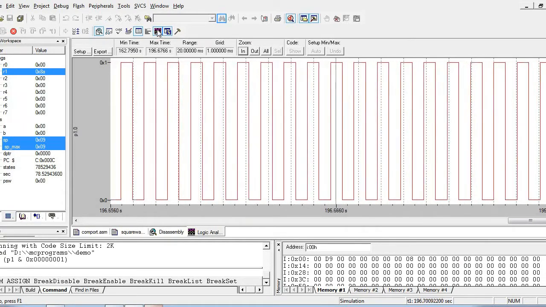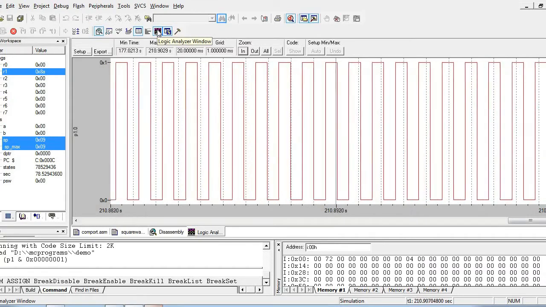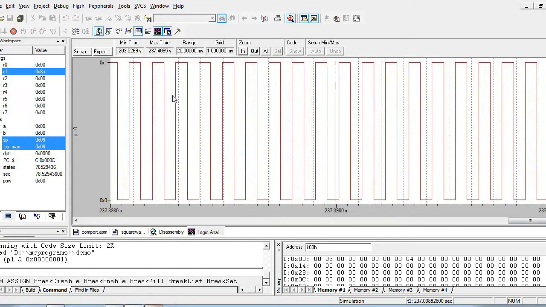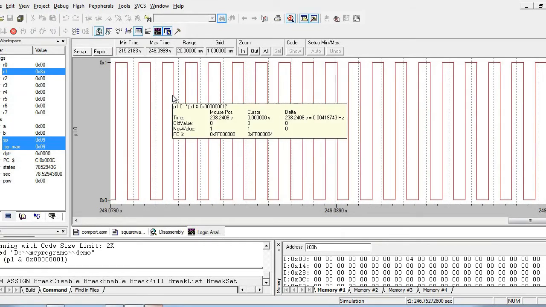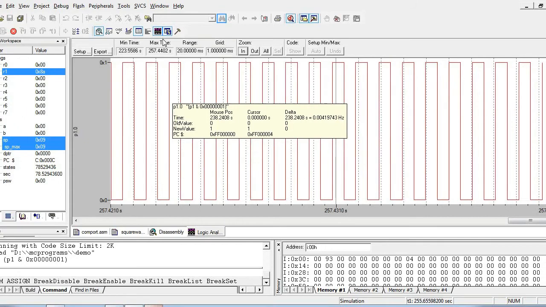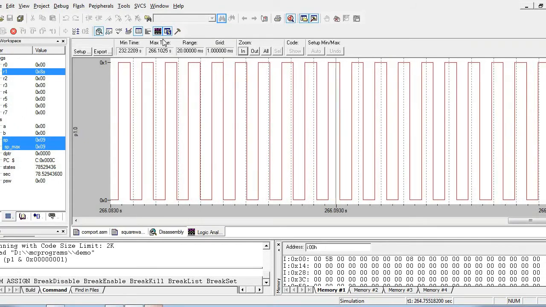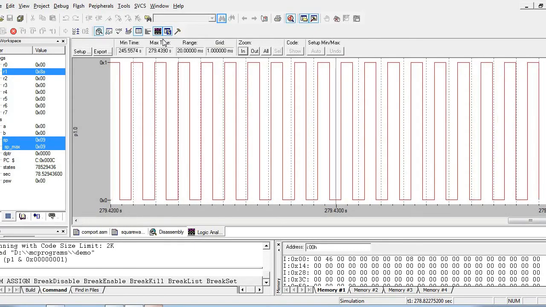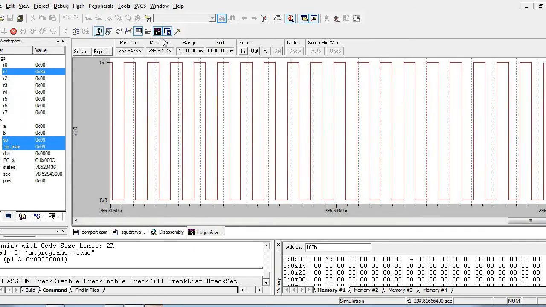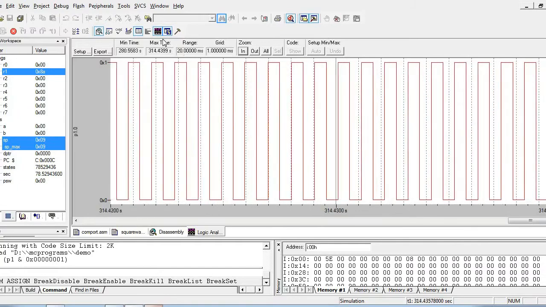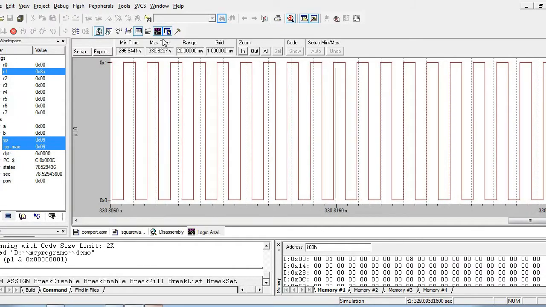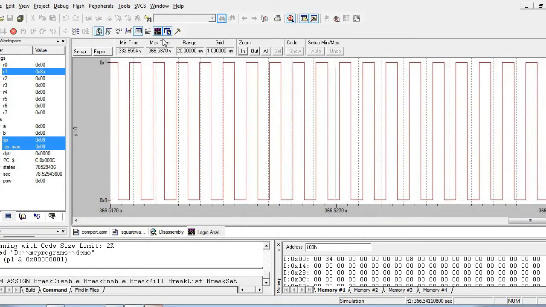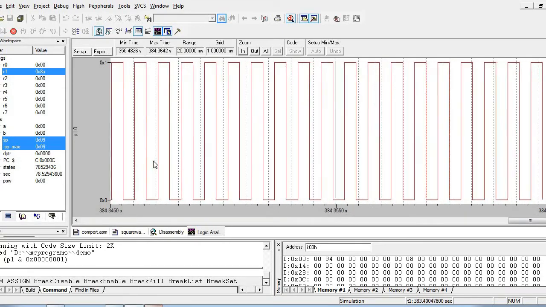Next we'll see the 66% duty cycle, which is nothing but the on period should be 2 times the off period. This can be calculated using the duty cycle, that is duty cycle equal to T on divided by T on plus T off. In place of duty cycle, if you substitute 66%, that is 0.66, you will get T on equal to 2 times T off.